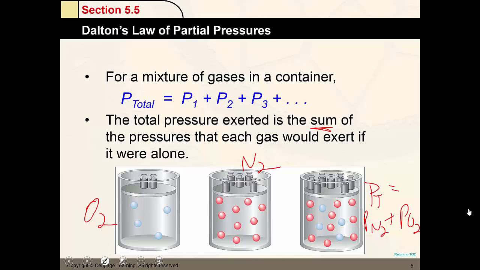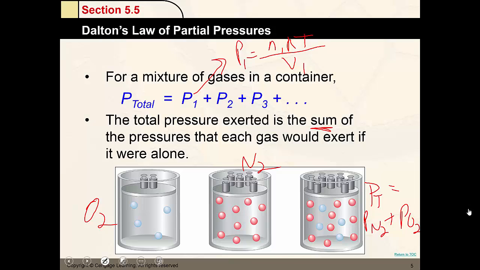And you can calculate each of these partial pressures using any of the gas laws, whether it's Boyle's law, or you can also do it using the ideal gas law. And we're going to see for the following problems you can solve these problems two different ways,